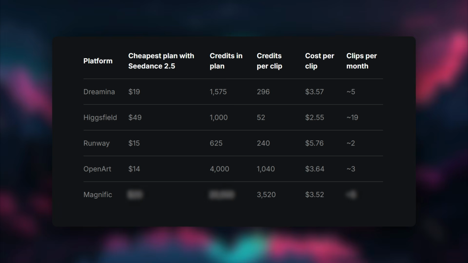Magnific, starting at $20 per month for 20,000 credits. A clip draws 3,520 credits, which equals $3.52 per clip, giving you roughly 5 clips per month. Looking at this table, Higgsfield gives you the lowest cost per clip at $2.55, while Runway is the most expensive